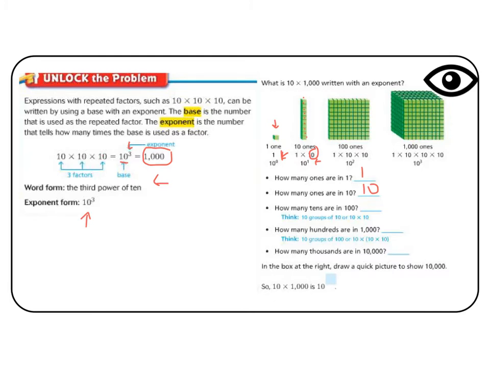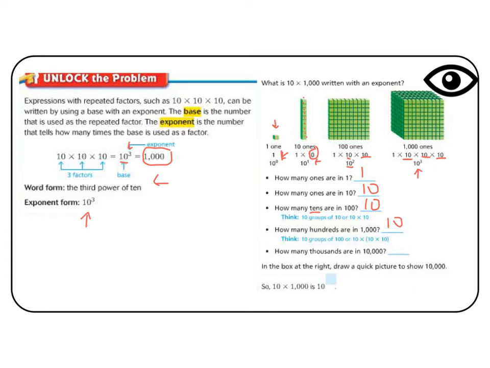Getting a little bit larger, now we have 100. How many tens are in 100? So if we count 10, 20, 30, 40, 50, there are 10 tens in 100. So we would call that 10 times 10. Notice there are 2 tens, 2 zeros, so we call that 10 to the power of 2. The next one here is 1,000. 1,000 is 10 times 10 times 10. There are 3 tens, so we call that 10 to the power of 3 because there are 10 hundreds in